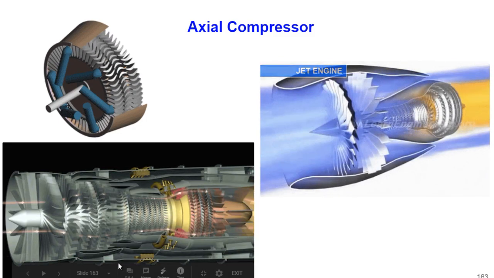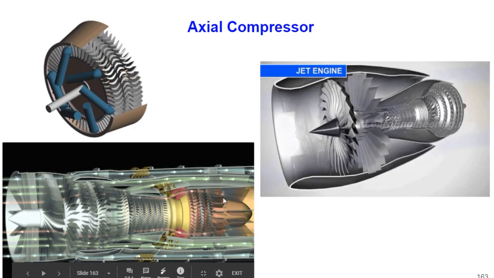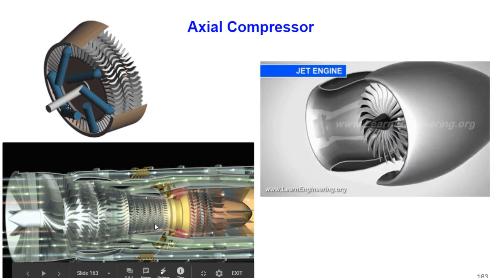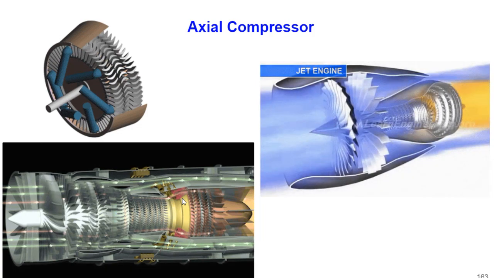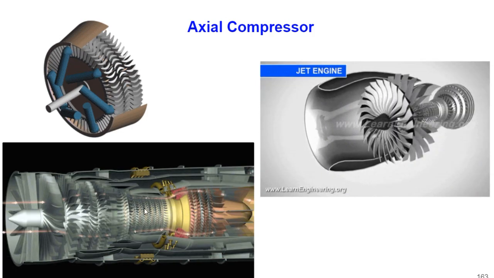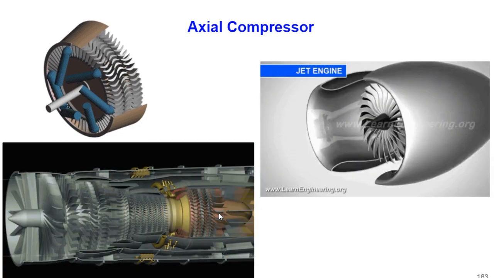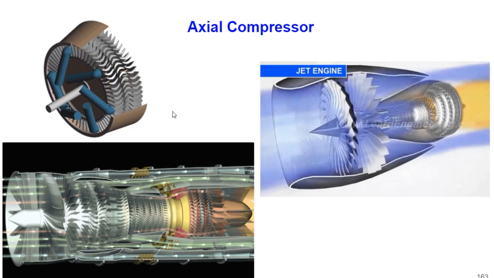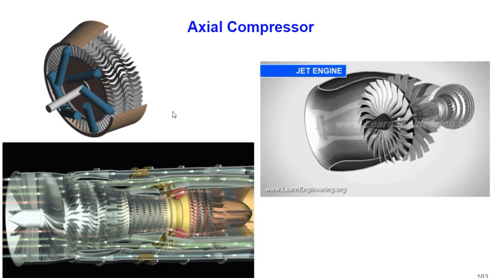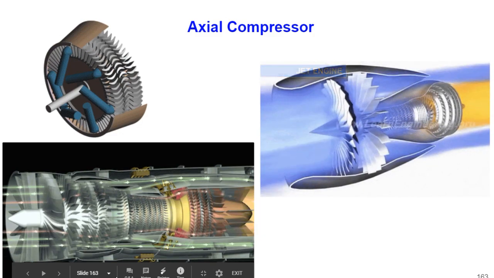If you see the movement of the air which is coming inside and going outside, it is exactly parallel. Parallel to what? The axis of rotation. That's why it is axial entry, axial outlet. We have also seen that in the centrifugal compressor the flow is axially in and radially out. That's why it is centrifugal. But this is not the case in axial compressors.